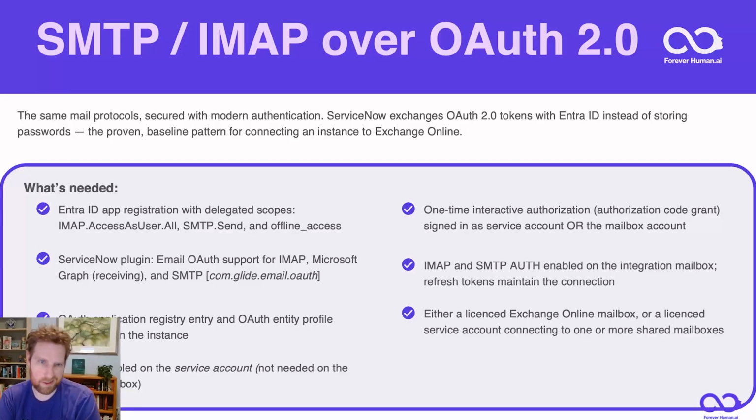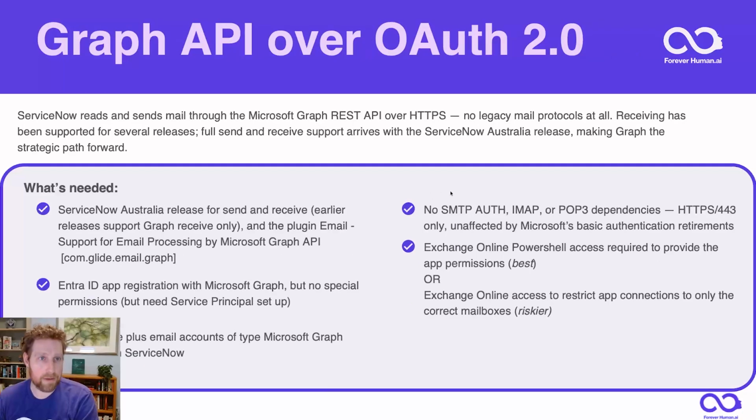A couple downsides, there's an extra license, but also you're fundamentally still using these IMAP and SMTP protocols, and some people want to move away from those because they're kind of considered legacy-ish at this point, or at least they're being deprecated and moved away from softly in favor of the Graph APIs. So I'll still walk through how to actually do that, but the Graph APIs, you've been able to receive email